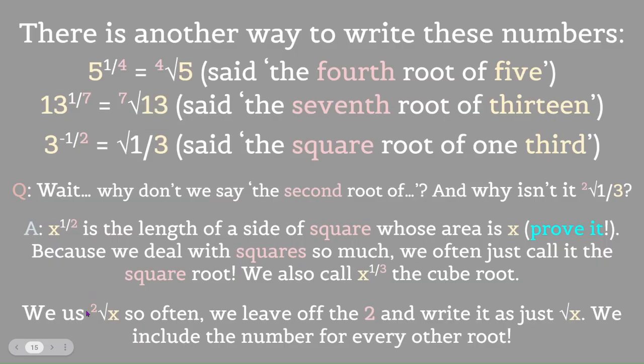We use the square root so often we leave off the 2 and write it just as this, the square root symbol. This is called the square root symbol, right? We include the number for every other root, including the cube root. So I'm going to do